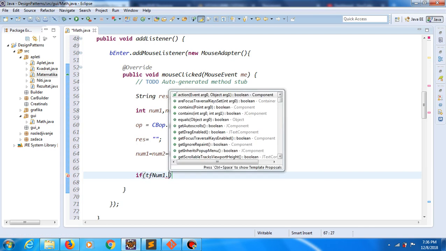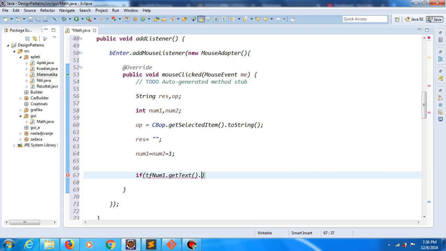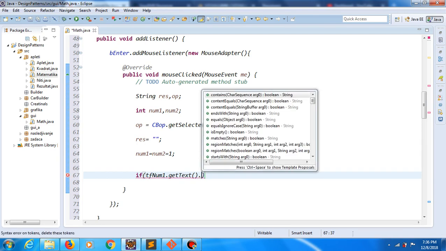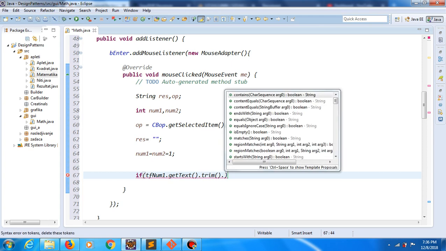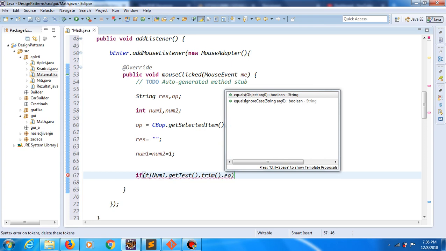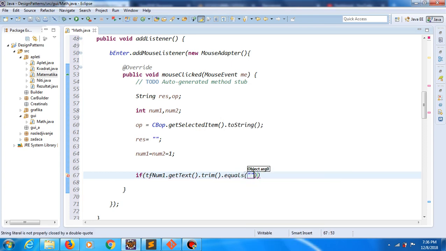In order to get value, we will call method get text. Next, we wanted to remove all white empty spaces, so we will call method trim. And now we will check if that is equal empty string,